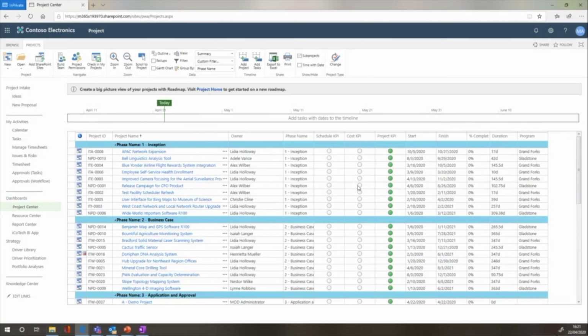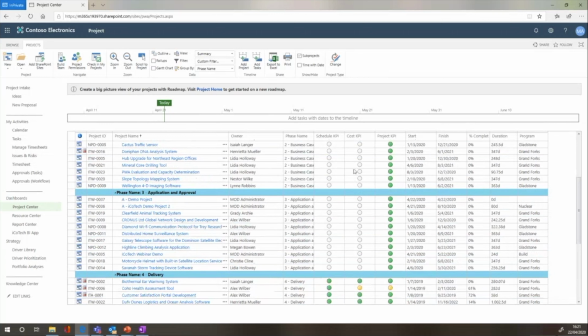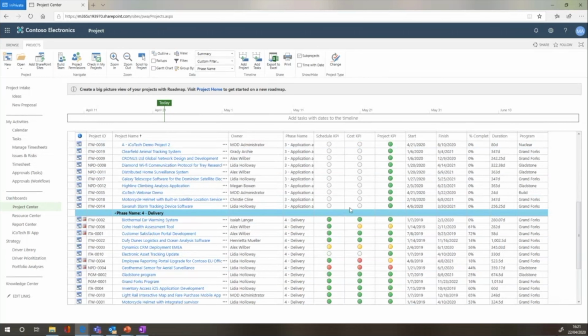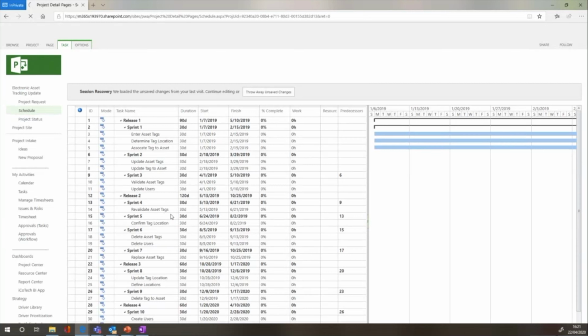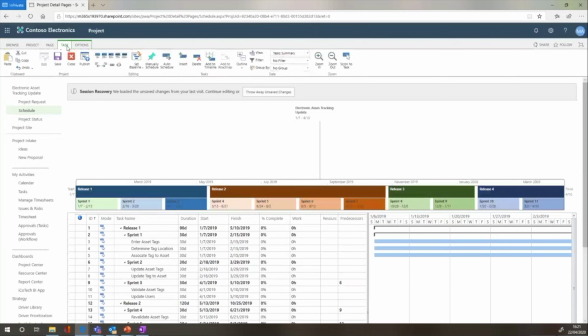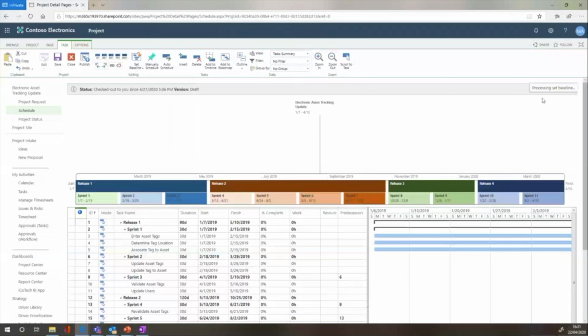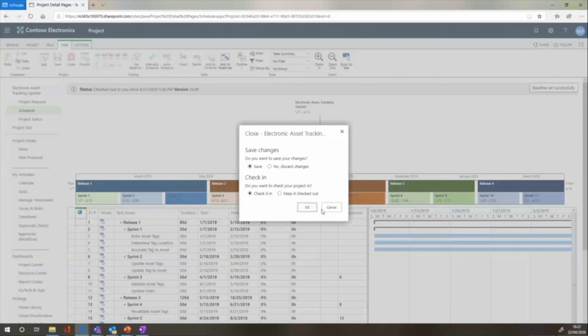You can see that I haven't got a baseline here for the schedule KPI and the cost KPI. And you can see here, this project hasn't got a baseline. So now I'm operating as a PMO individual here. I can come into this tool, and I can set the baseline here. So you'll see that's the snapshot earlier. So you can see I'm processing the baseline. The baseline is successfully set on the top right hand corner there, and I can close the page, check it in,